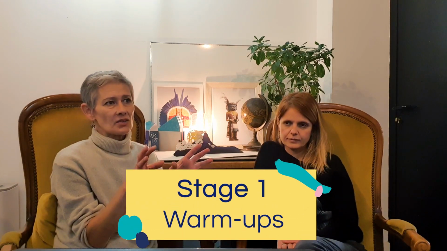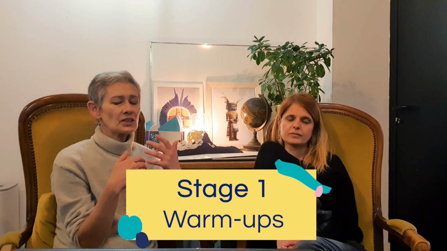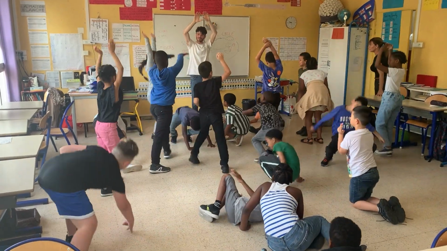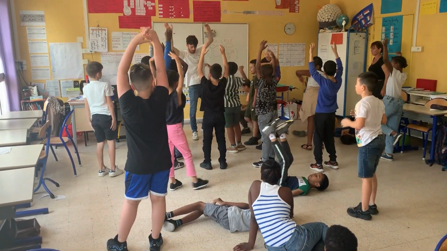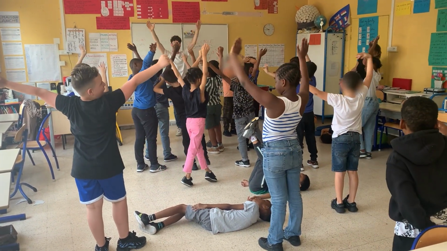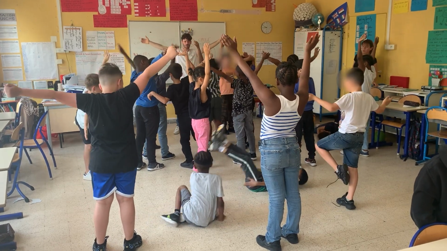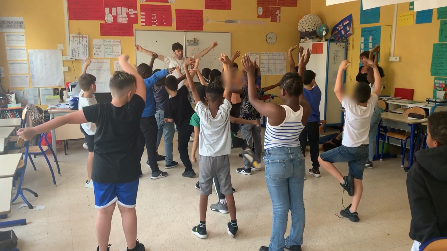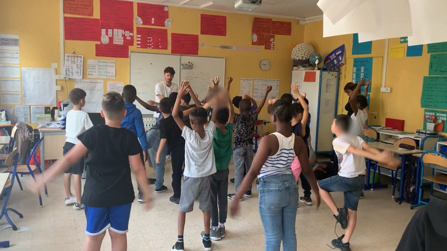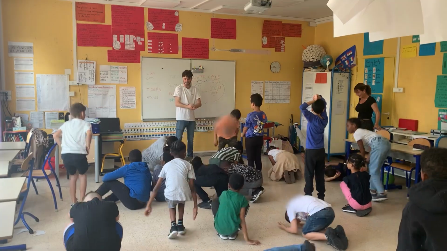So the warm up is really to introduce children to what in physical theater means body pose and sculpture, and what is movement transition from one sculpture to another sculpture. We call it the plant cycle. From a seed goes to the roots deep in the soil, then the trunk appears very, very high, and then the branches appear, and then from the branches the seed falls down in the earth again.